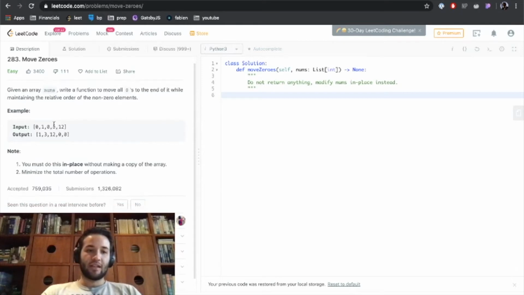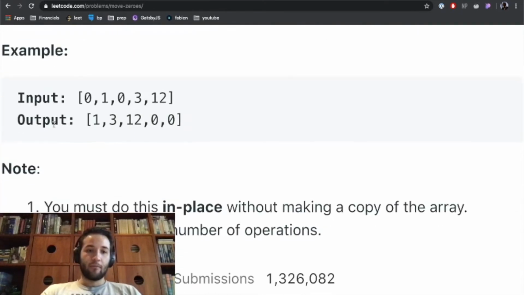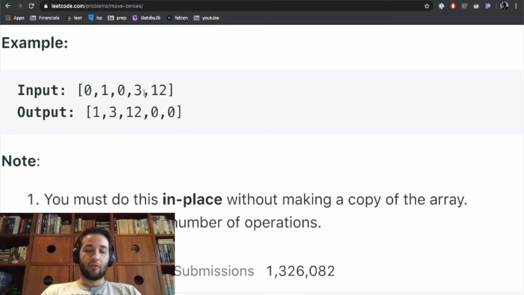Okay, so let's look at our example here. We see 0, 1, 0, 3, 12. We want to move these zeros to the end of the array and compact these non-zero elements to the left, right? And so note, you must do this in place without making a copy of the array and minimize the